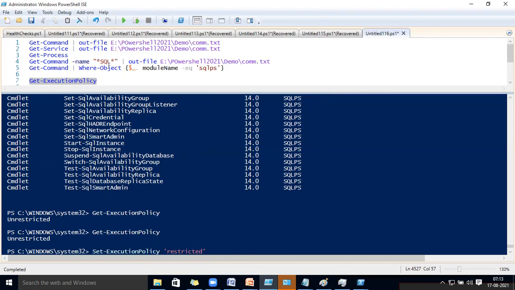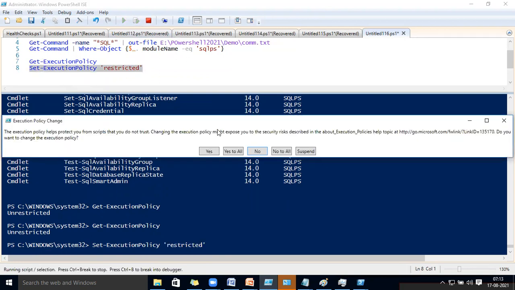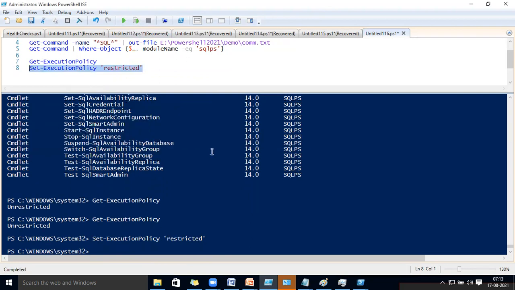Sorry. I have to run Get. I have typed it down. It is asking whether you want to change. I have given that. Now if I go to Get-ExecutionPolicy,